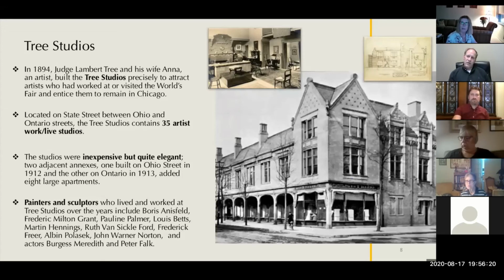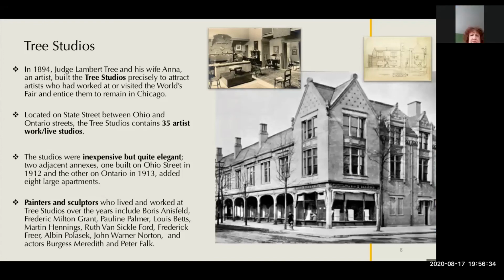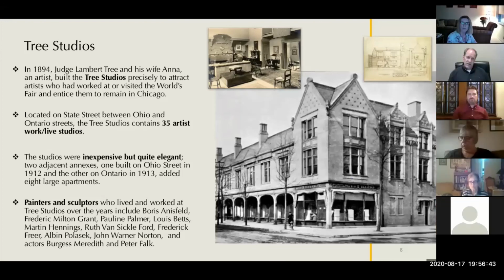The units were inexpensive. The ground floor was rented out for commercial purposes to help defray the costs of the building, to keep the rents inexpensive. But the units themselves were quite elegant, especially the ones which were built in the annexes. There were large two-bedroom spaces, and there have been several generations of artists that occupied the Tree Studios, including Frederick Milton Grant,